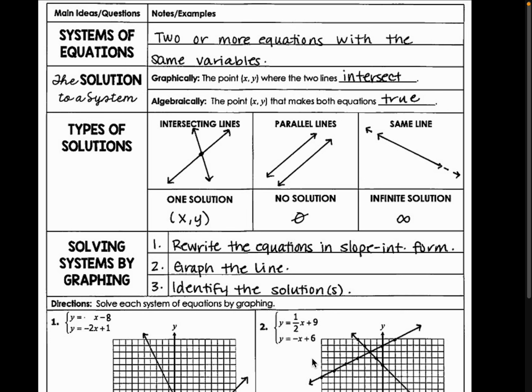Twos and threes. You guys are going to watch the video and fill out your notes as you go along. Feel free to pause it when you need to. So if you need to copy anything down, if I'm going too quickly, just take a quick pause and make